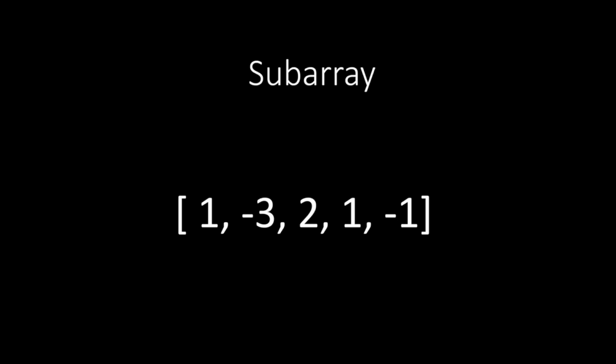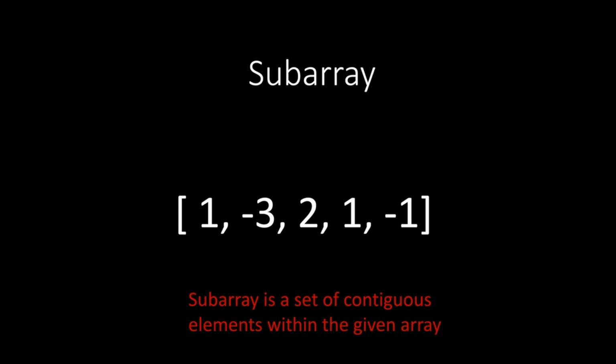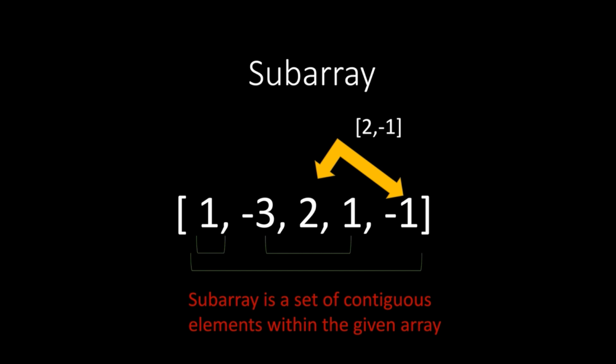So what is a subarray? If we are given an array, a subarray is a set of contiguous elements within the given array. For example, if we take -3, 2 and 1, these are contiguous elements, so it is a subarray. If we take a single element, that is 1, it is also a subarray. If we take the whole array, it is also a subarray of the given array. But if we take two elements which are not contiguous, that is 2 and -1, this is not a